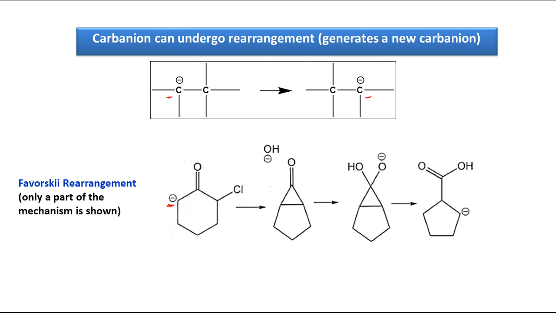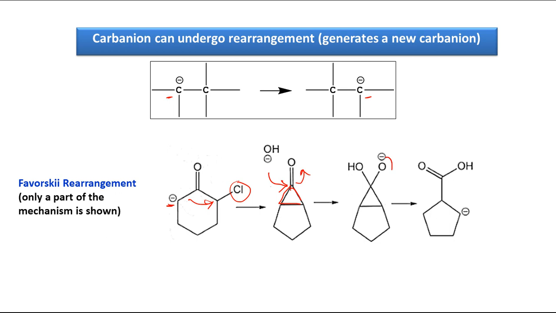Here this negative charge, that is the carbanion, will attack this carbon which is carrying this leaving group. Now after removal of this Cl, there is formation of this 3-membered ring. Now HO minus, which is present in the medium, will attack here, and the C double bond O is broken, negative charge over oxygen, and finally